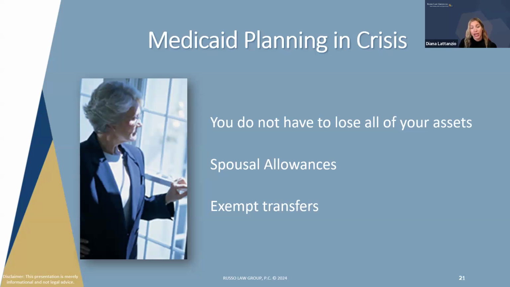Or also a caretaker child. So if you've had a child that moved into your residence for at least 2 years that was helping take care of you to keep you at home for as long as possible so that you can age in place, and you didn't really think ahead in planning, we can transfer your primary residence to that caretaker child, and we would still protect and preserve the house and get you the care that you need.